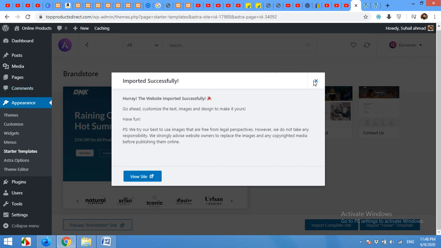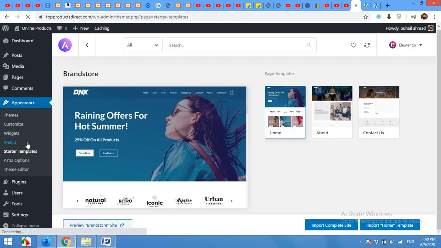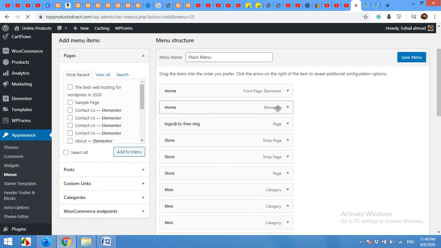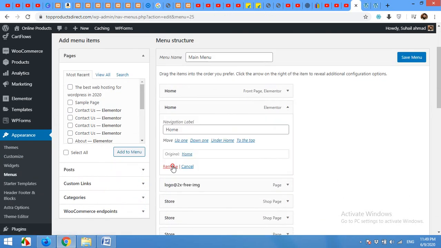So let's go ahead and change your menus if needed. If you click on the delete before site and checked it, then all the menus will also be deleted. Okay, now for the main menu, click select, and let me delete the extra things from the menu.